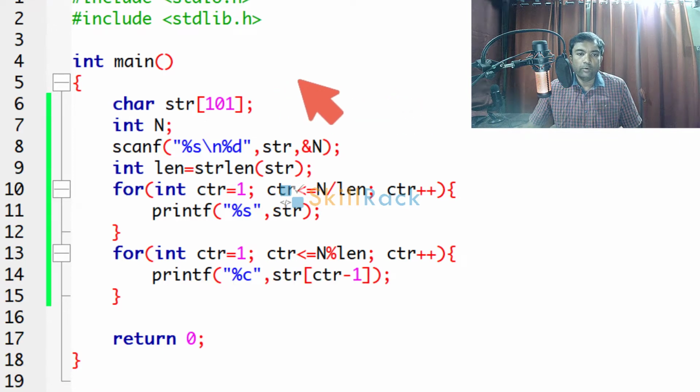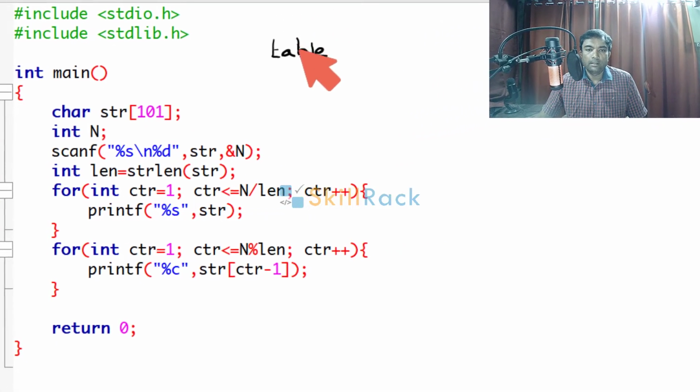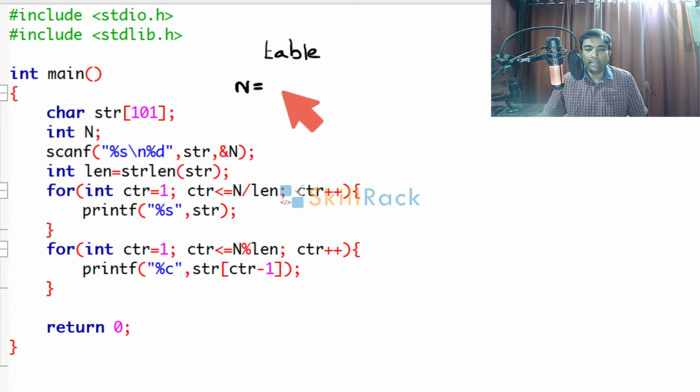Yesterday, in a video, we discussed the first approach to solve the program repeat string n characters. A string value will be given, let's say it was table, and an integer value n will be given, n is equal to 12. The approach we followed yesterday was to first calculate the length of the string.